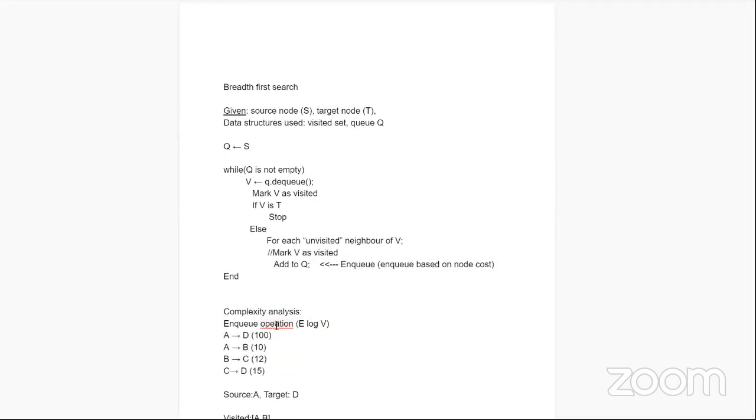So my NQ operation, I'm looking at it as E log V, and then my DQ operation is also happening for each vertex in my queue. Every time I DQ it, it's log of that. So the complexity of Dijkstra would be